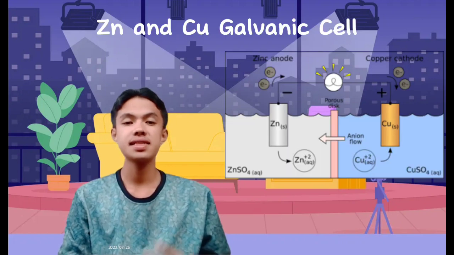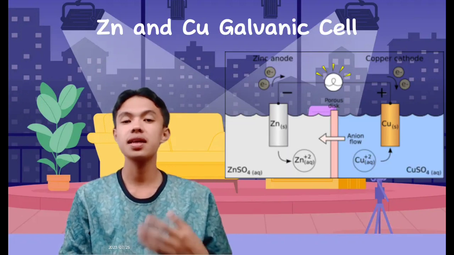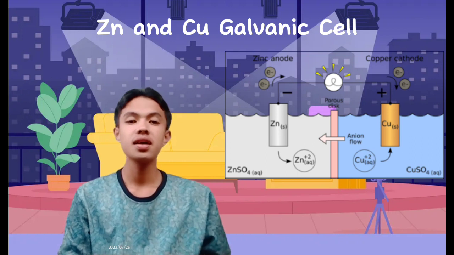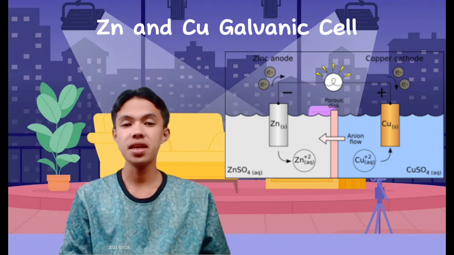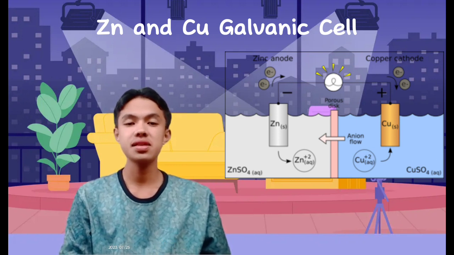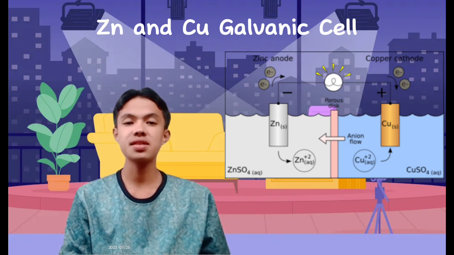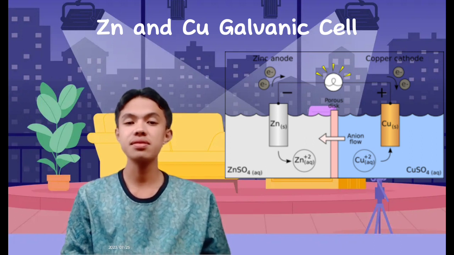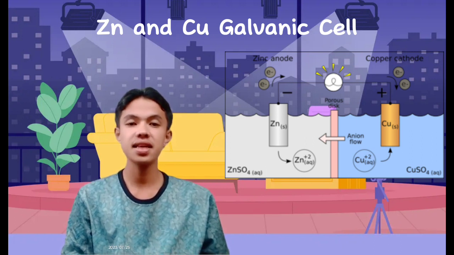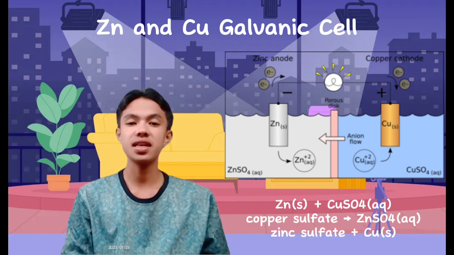Example: zinc and copper galvanic cell. Consider the galvanic cell shown in the image to the right. It is constructed with a piece of zinc submerged in a solution of zinc sulfate and a piece of copper submerged in a solution of copper sulfate. The overall reaction is